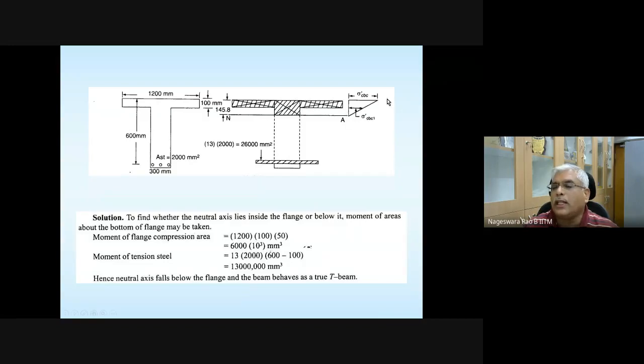You know this is a linear distribution, so you can easily find this value. The junction between the flange and web is at a distance n minus 100 from the neutral axis. That stress is important for us when we are taking the moments and calculating the capacities. Okay, any questions here? Let me proceed and show you the numerical calculations.